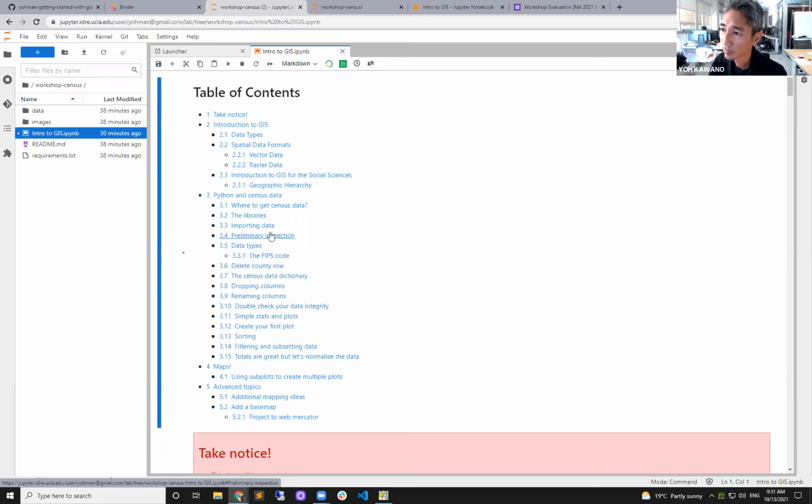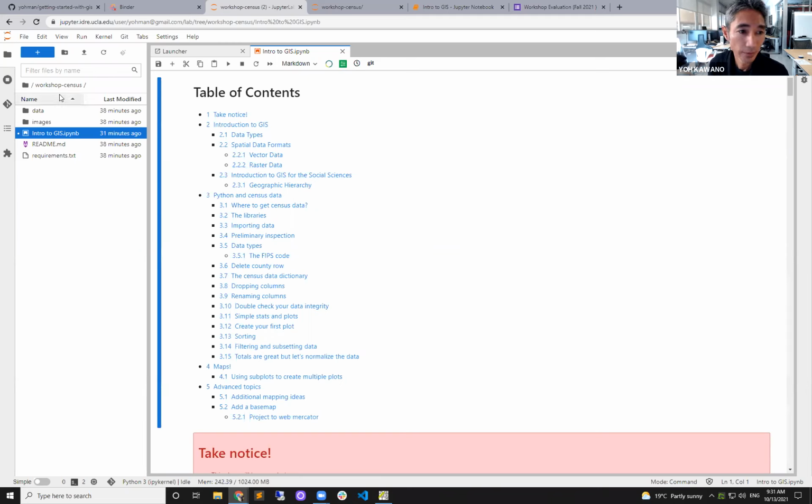Now, this Jupyter Hub environment is in the cloud. And it's kind of like Google Docs. You're given this space as a researcher here at UCLA that you can use for your own spatial research. Well, not spatial research, any research that you want to do. It doesn't have to be spatial. It could be statistics. It could be any kind of coding, Python work that you want to do. Or R. There's also an R engine within Jupyter